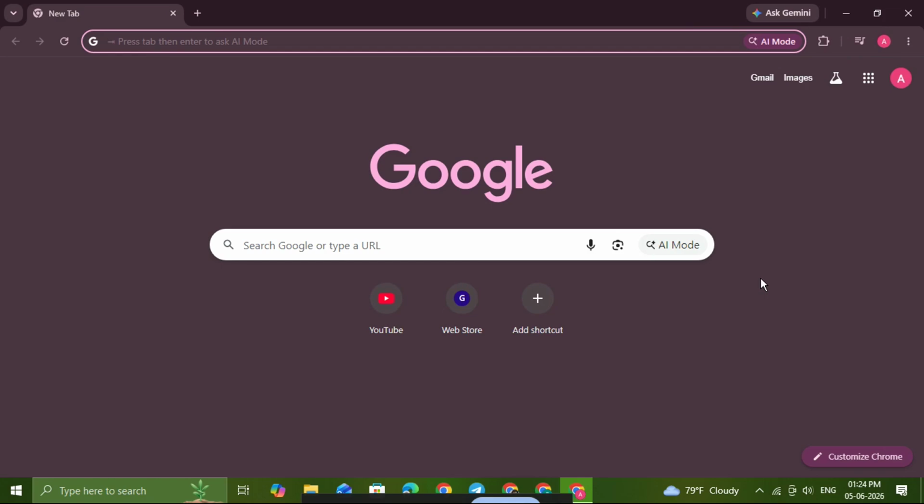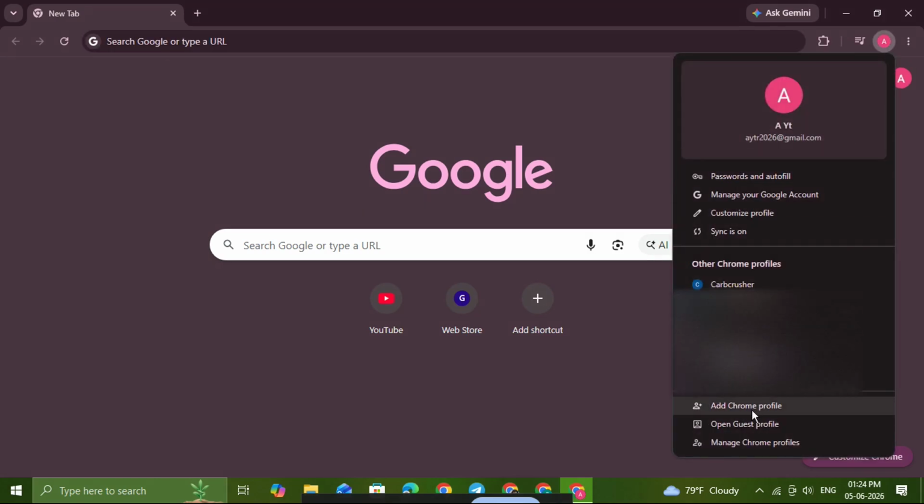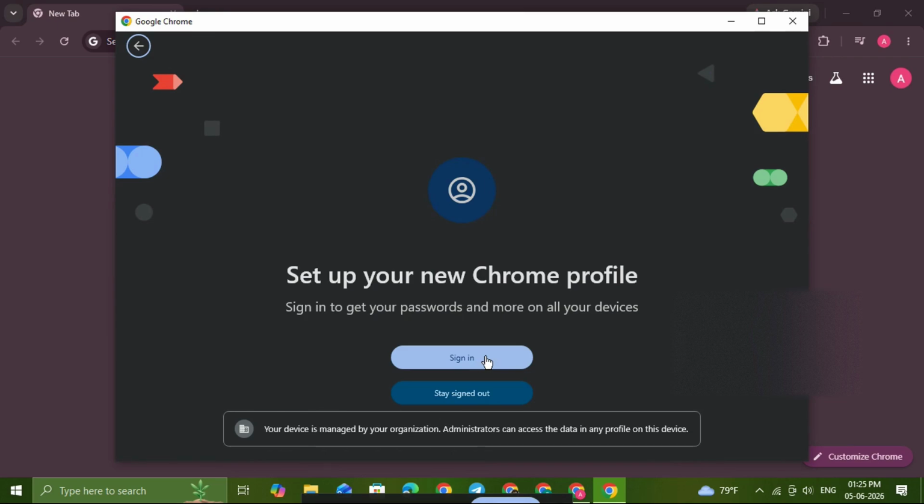If the Google account you want is not listed, don't worry, there is still an easy way to add it. At the bottom of the profile menu, click plus Add Chrome Profile. This will start the setup process for a new browser profile. Next, choose Sign In and log into your other Google account. Follow the on-screen steps to complete the sign-in process, and once it's finished, that account will be added as a